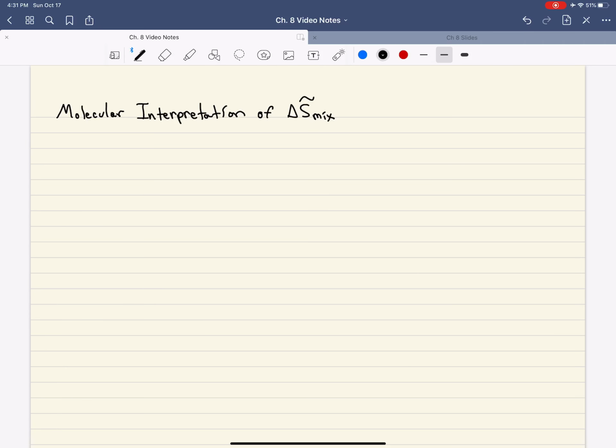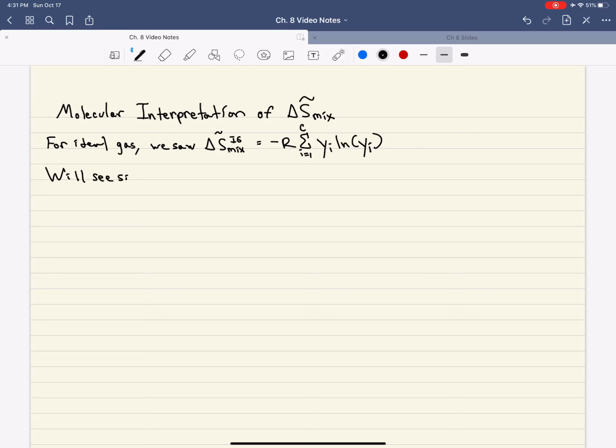And so when we were looking at the ideal gas, we saw that our entropy of mixing for the ideal gas was equal to minus R summation of i equals 1 for all components y_i ln y_i. Okay? That's just what we derived for the entropy of mixing for an ideal gas. We'll see soon